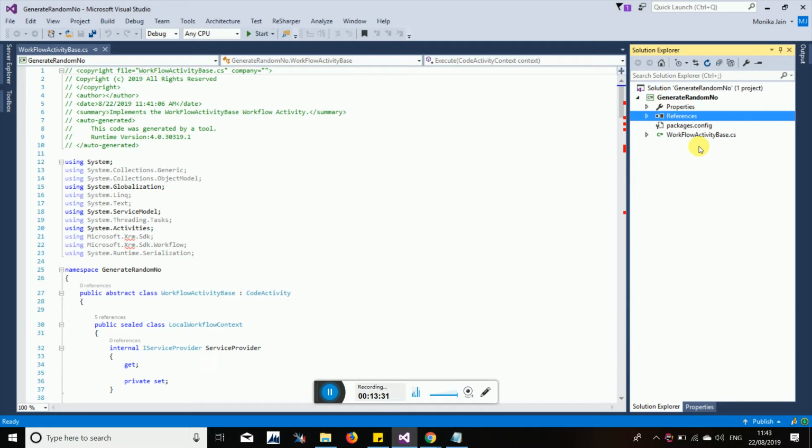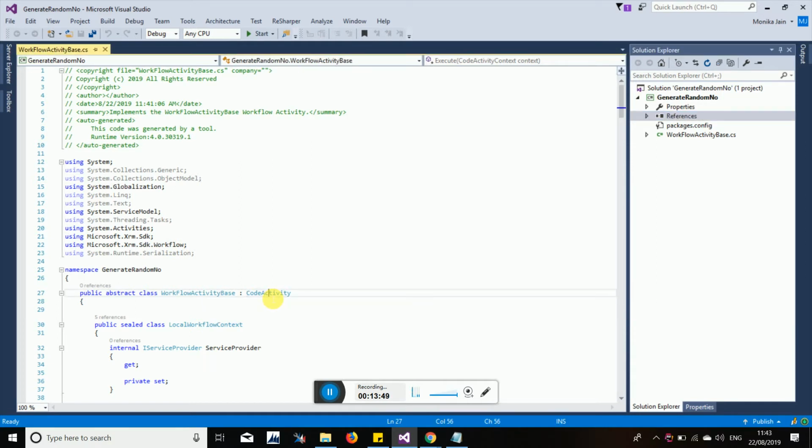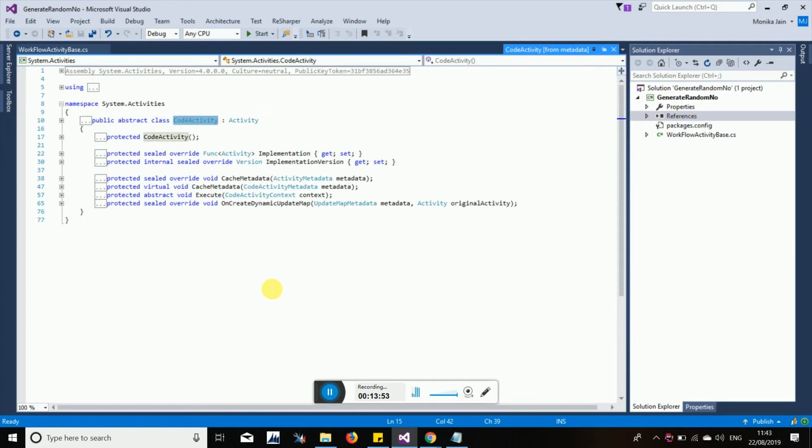So now both the files are added over here, right? After adding, you see your error is not there, right? The error is gone because you have added all these references and you are using those. So now references are available, so no error. Understood? Clear? If you press F12, then you can see the definition of this code activity, what it is.